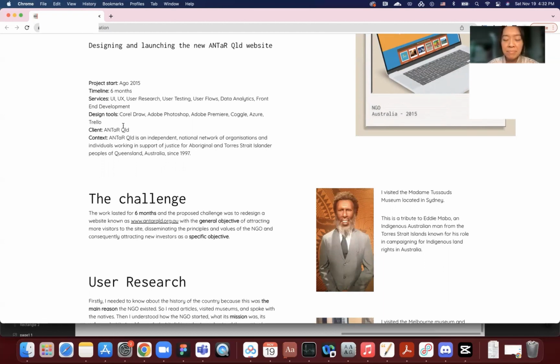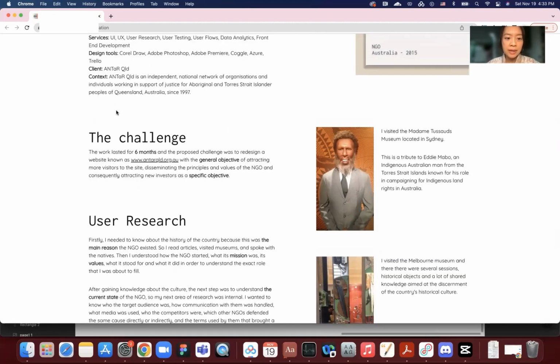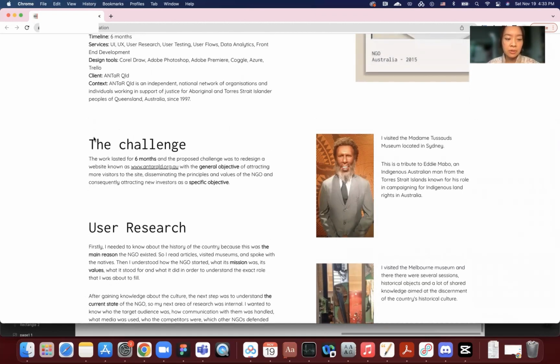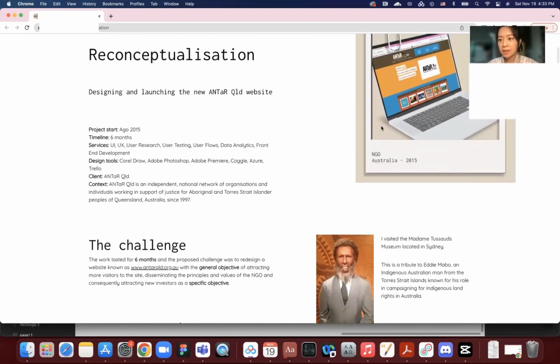Okay, next section is the challenge. So the other feedback I have is that before we talk about the challenge, it will be helpful if you have an overview section. In the overview section, maybe you can talk about what exactly this product is. And in order to better help the audiences understand what exactly this product is, you could consider showing some high fidelity mockups of the final solutions, or you could even show a